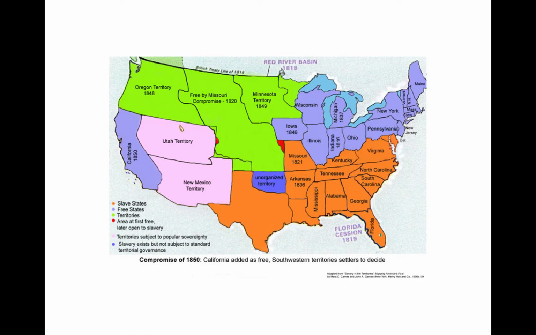What has changed now? Well, by 1850, the factories of the free states are as important to the economy as the cotton of the slave states. The factories are getting more important by the day. So the slave states are steadily losing their leverage. The free states have more people. The free states are increasingly having more money. The free states have the future.